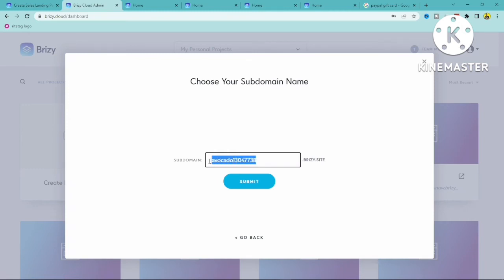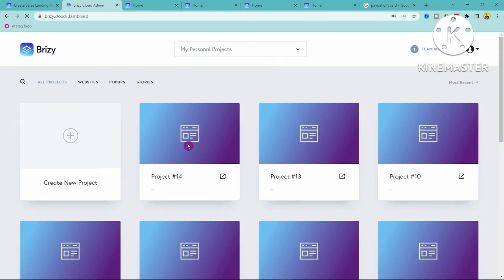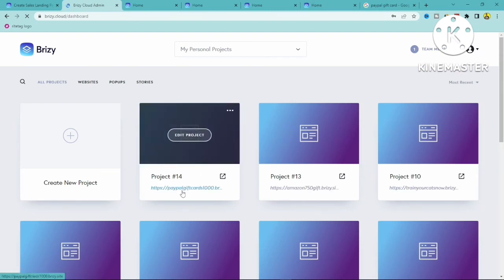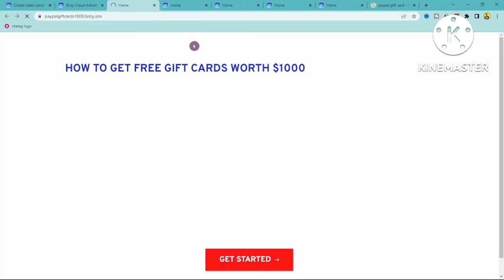And right here we could easily go ahead and change this to something like paper gift card 1000, and then we could click on to submit. And okay, this already existed, so I'm just going to use gift cards, and then let's see if this exists. Okay, this is done, and then we have our customized name. So if we go on to see a preview of how our page looks, it's going to load, take some time for it to load quickly. And as you can see right here,